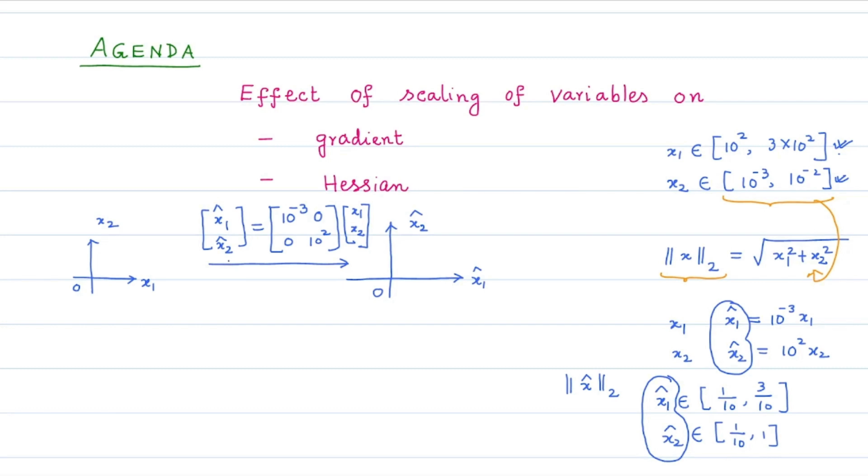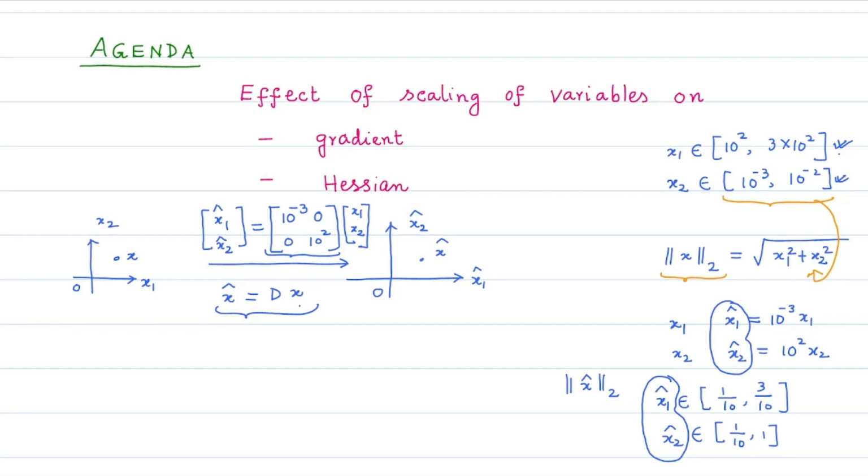Or in the vectorial form, let us write this vector x1 hat, x2 hat simply as the vector x hat, let us denote this 2 by 2 matrix by the matrix capital D, and we write the vector x1, x2 as the vector x. So what we have done here is that we have changed the variable space from the space of x to the space of x hat by this transformation,